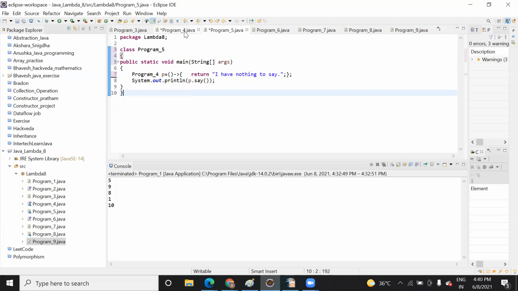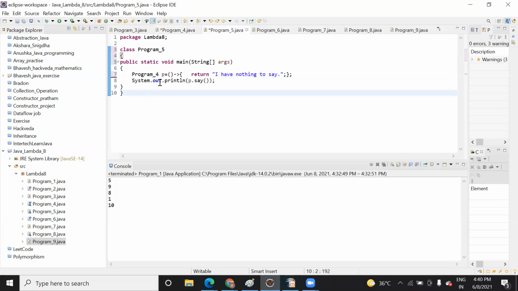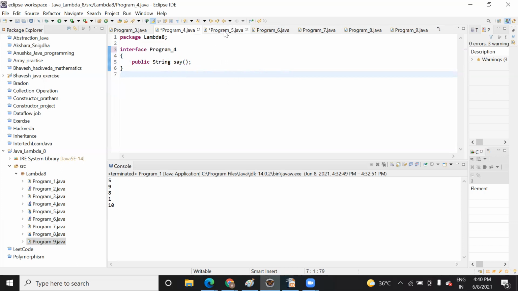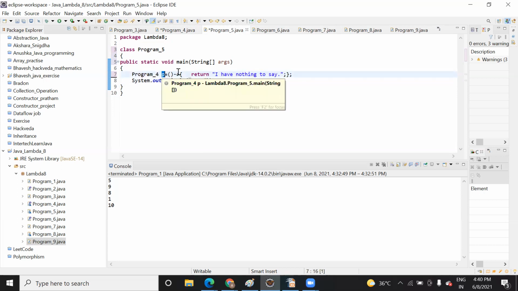When I was solving it, I didn't have public here, so it was giving an error. But right now it's not giving one because by default it is public itself. Maybe I had written protected or private, or had not used the package. That's why it was giving an error in the notepad. So I thought it would appear here also, but it won't. Here you can see I have just given the name of the class, and this is the variable or parameter I have created, and in this parenthesis.